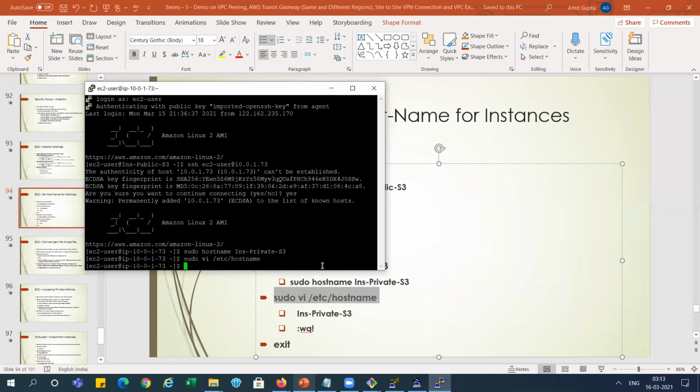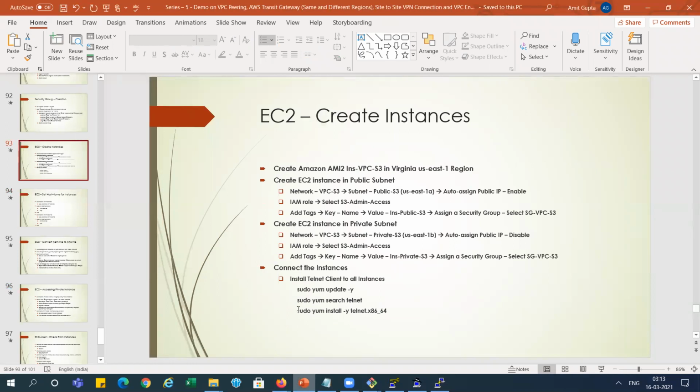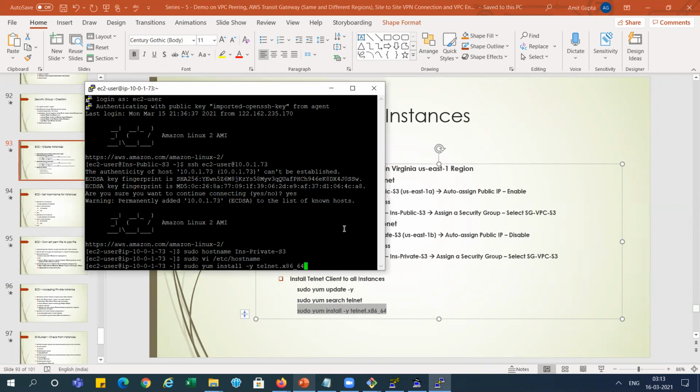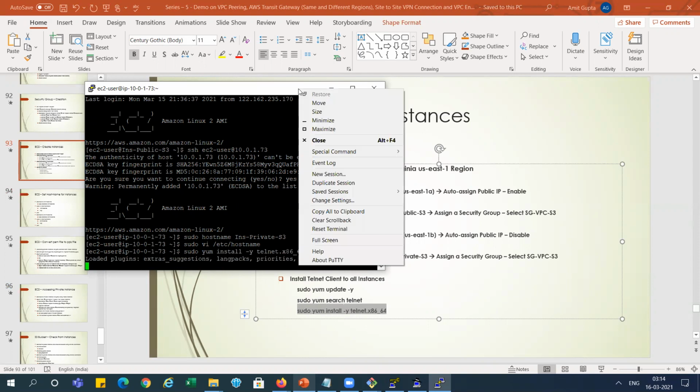Now we need to install telnet also for checking. So I'm going to install telnet. I think the font is small, so let me change the font size here.